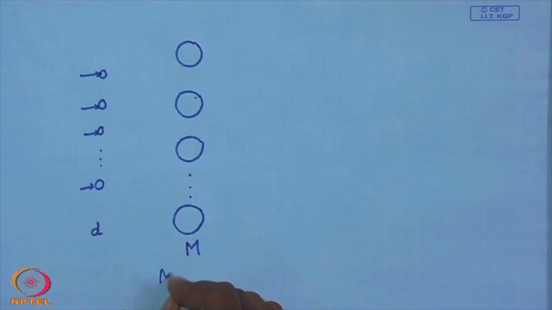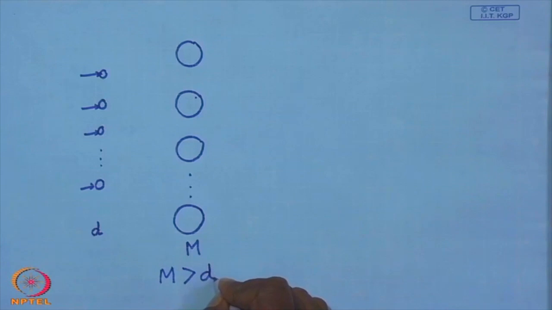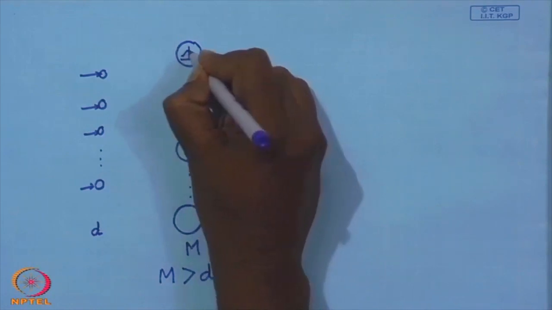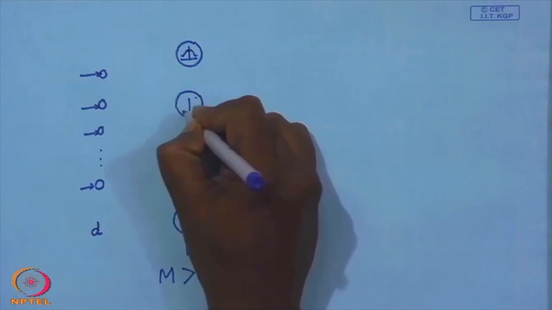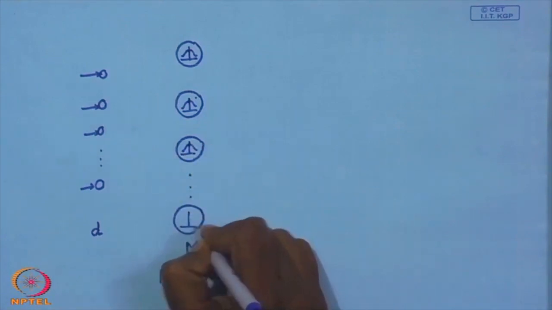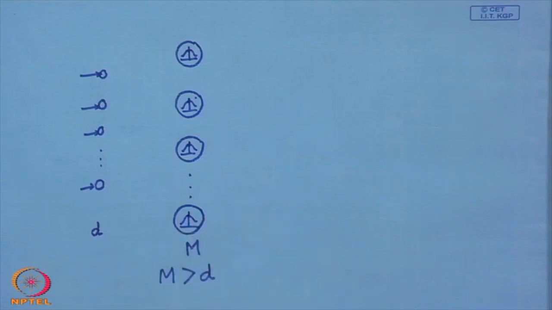So, obviously this M, the number of nodes in the hidden layer, is greater than the dimensionality of the feature vector, which is d. And every node in the hidden layer computes a radial basis function. Like this. And at the output layer, which are basically the classifying neurons,